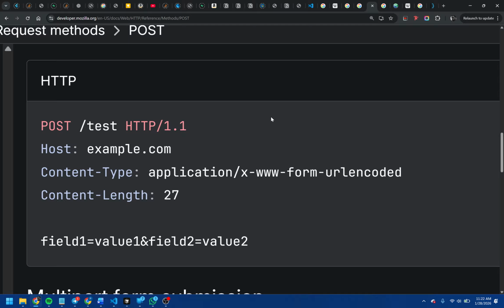URL encoded is just the easy name, but the whole name is application/x-www-form-urlencoded. This data will be sent to the server in this URL encoded format. We are not going to be using the URL encoded format. We're going to be using